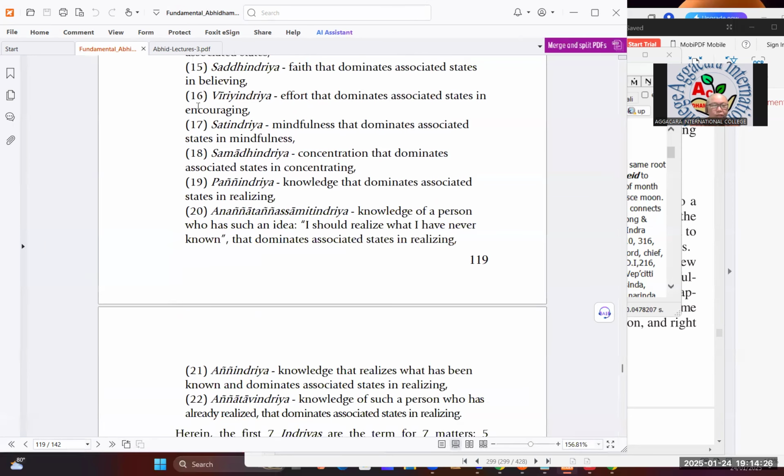So number 5, 15, 16, 17, 18, 19. Remember we have 5 faculties: Sada, Viriya, Sati, Samadhi, Panya. All right, 5 faculties. So this one you can group as